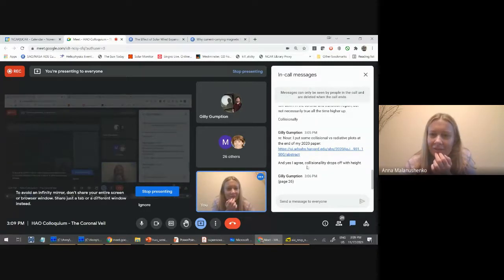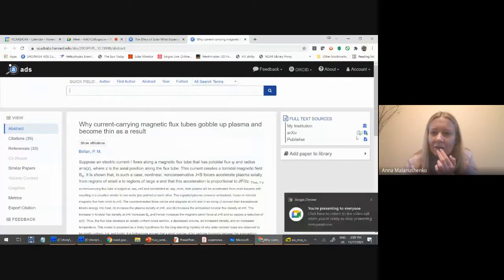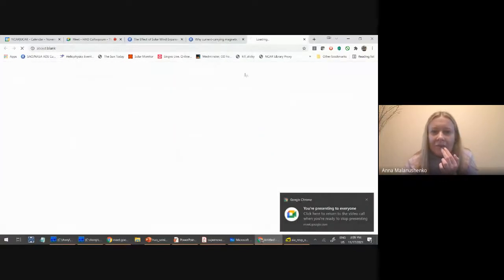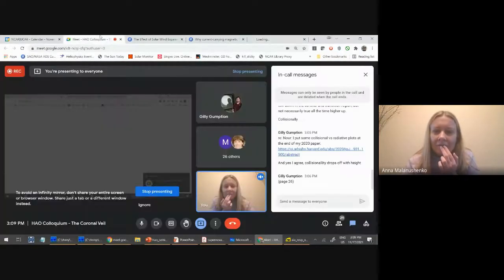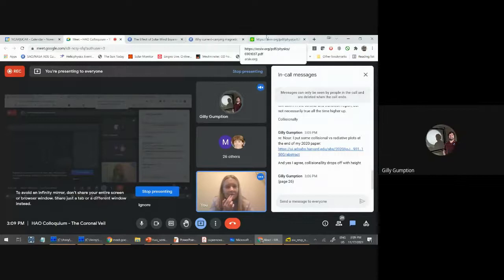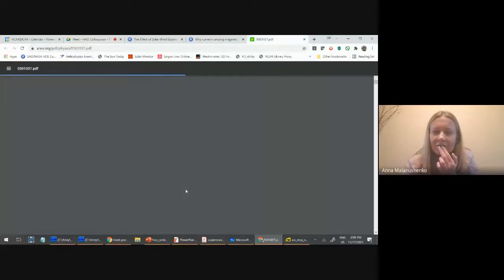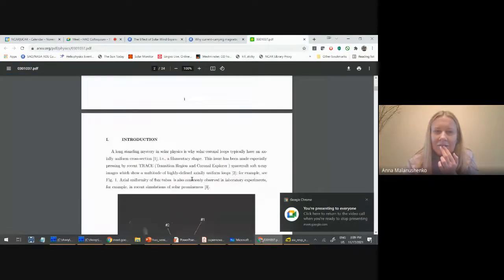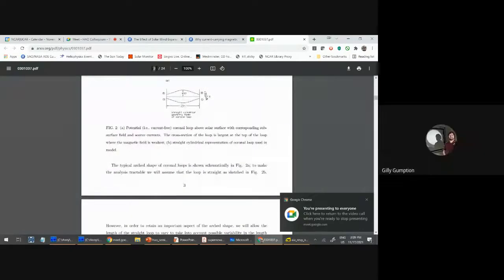And then there is another reference from Gilly, collisional versus radiative plots in the end of 2020 paper. Yay! So that's getting pulled up. Page 26, I think.